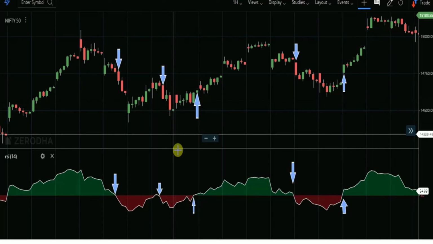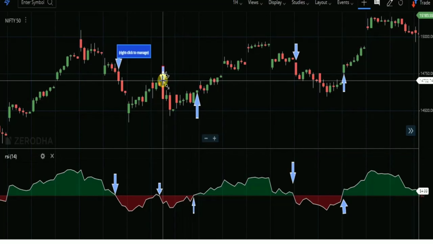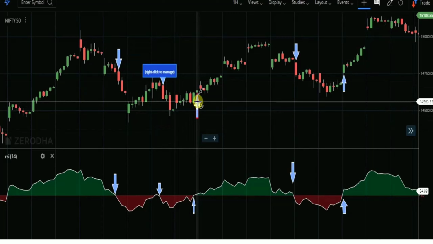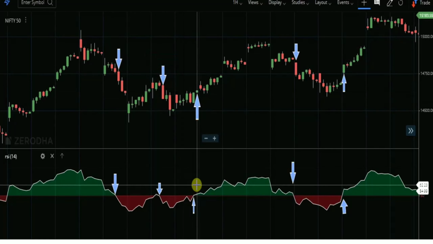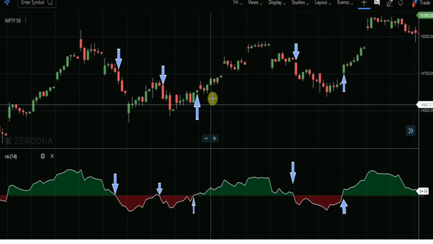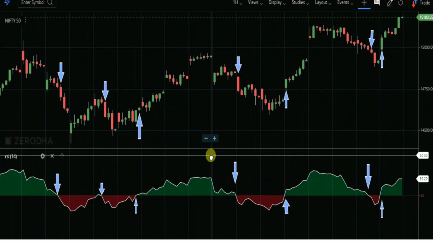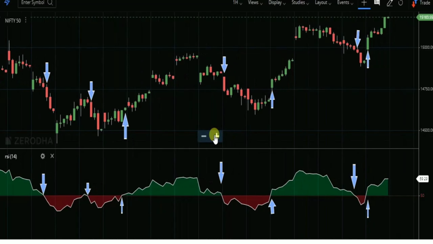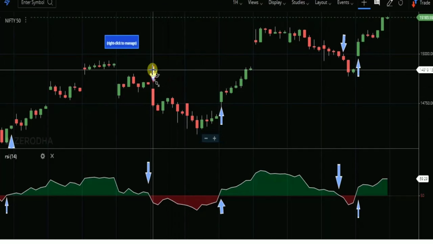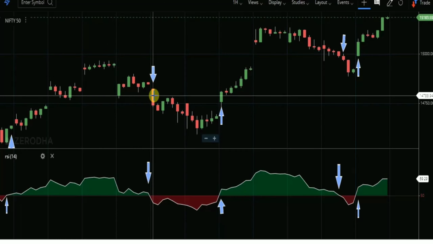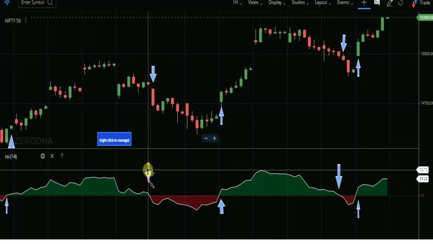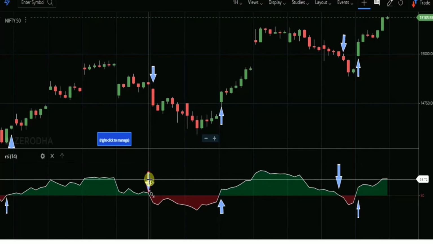Now in the second example also you can see price came down, RSI was below the 50 level. Now here you can see RSI started moving up above the 50 level, it went to the positive momentum zone and price also followed the RSI and went in the upside direction. Now here you can see RSI again went below 50, so it went to the negative momentum zone and price also followed the same and came down.